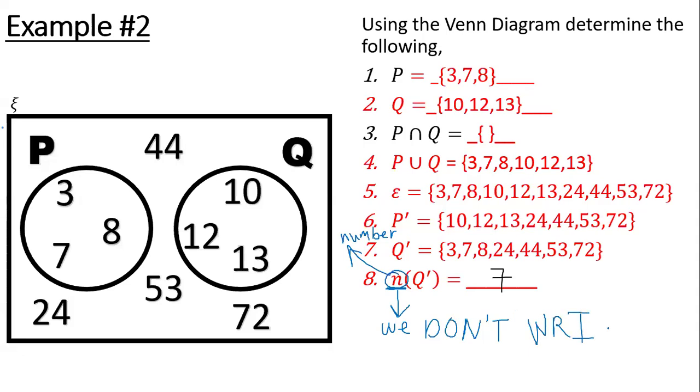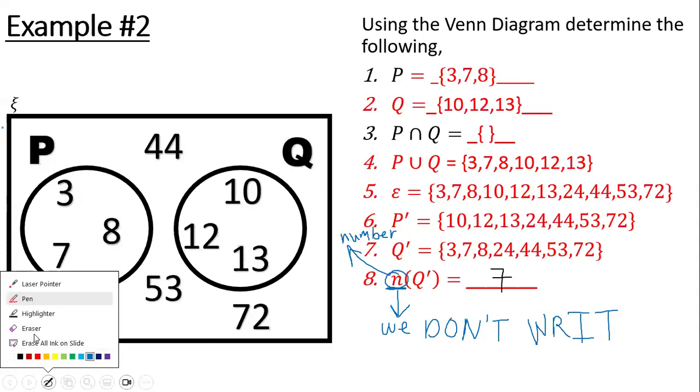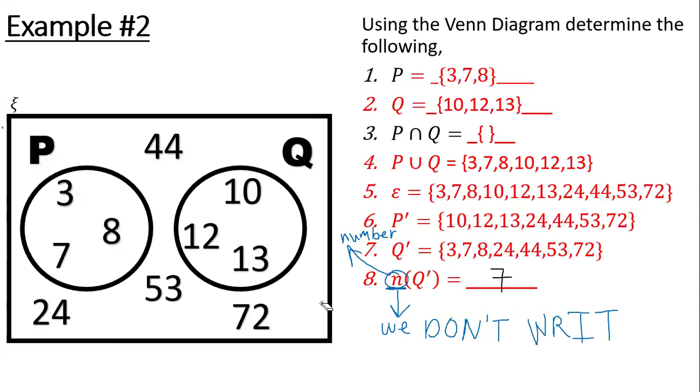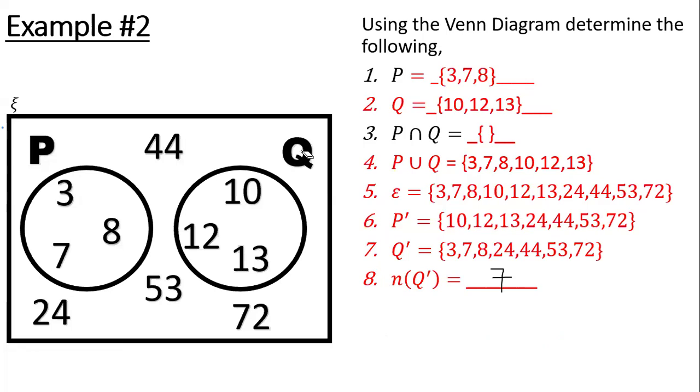Mr. Petit, I'm confused because if you look at your notes from Monday, the 9th of September, you had the curly brackets there. No, I did not. I never put curly brackets around the number. You can check the video. Listen, Mr. Petit, how did you get 7? You don't put the curly brackets around it.